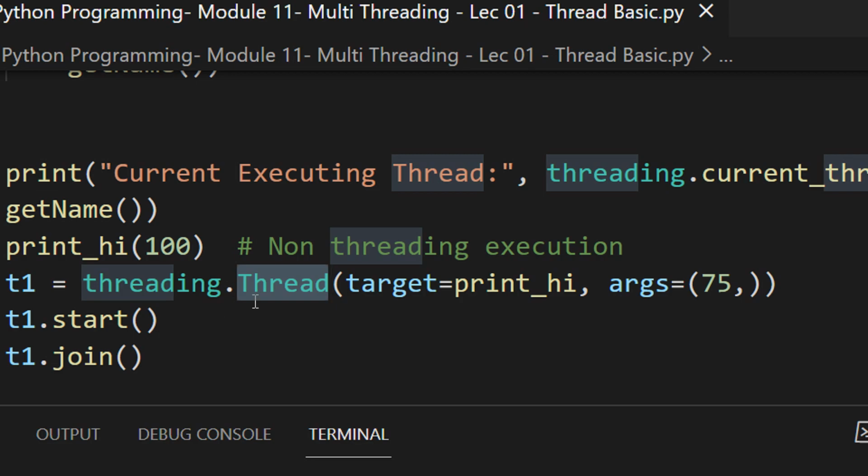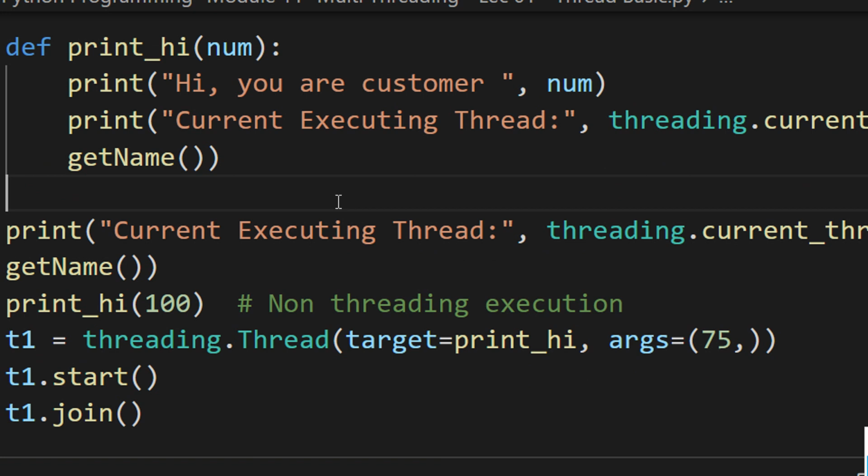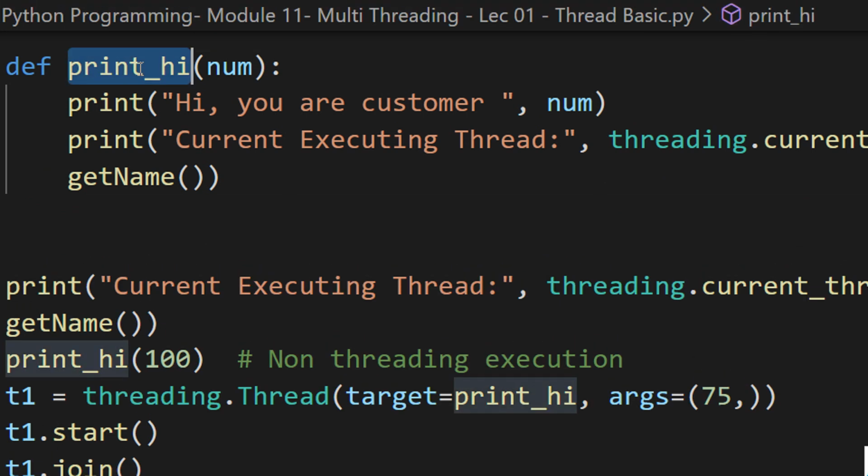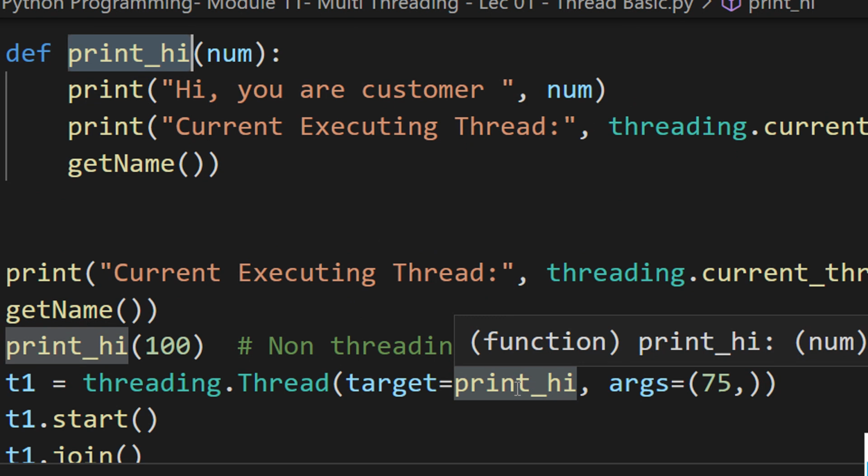So when you are calling thread, you basically need to call a function. So now you can see, if I just bring this down, we have a print hi function, and in the target I am specifying the name of the function.